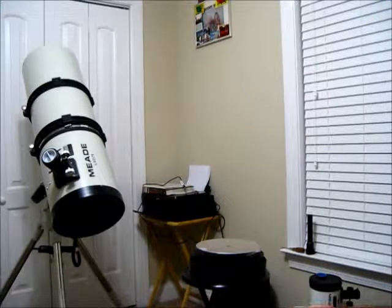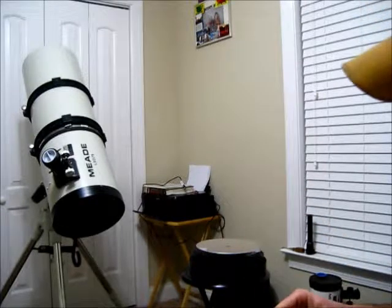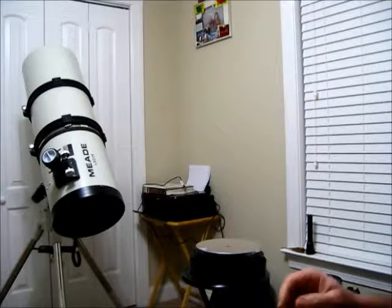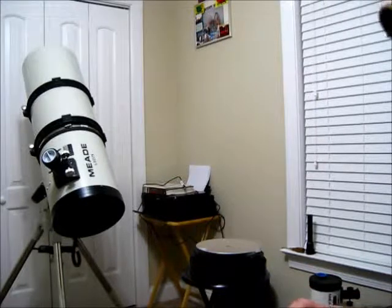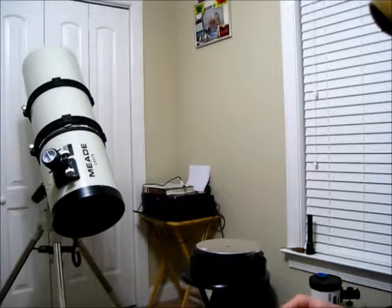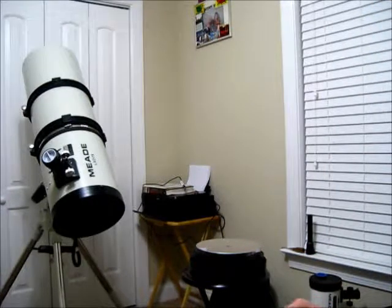But I will say one thing. He really does a good job of explaining stuff, far better than I probably can, just because I've never collimated my scope yet. That was the reason I'm delving into this, with putting a camera on it and trying to do some astrophotography. The more I read, the more I learn that collimation is just as important as anything else that goes on with it. If that scope's not in line, and you're not collimated well, you're pretty much wasting your time trying to take a picture through it. So anyway,